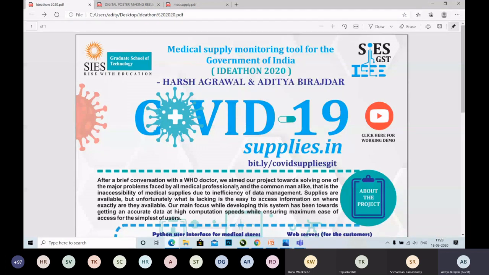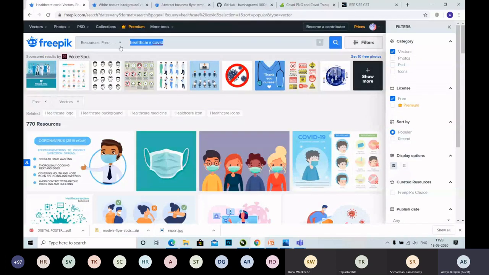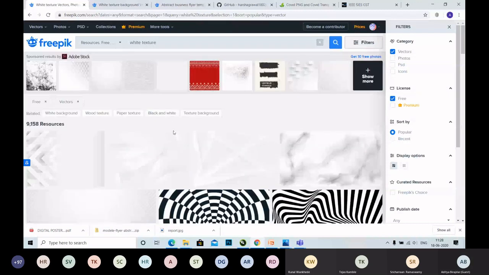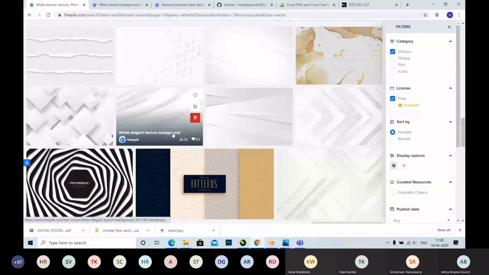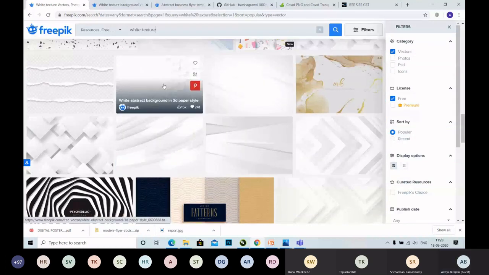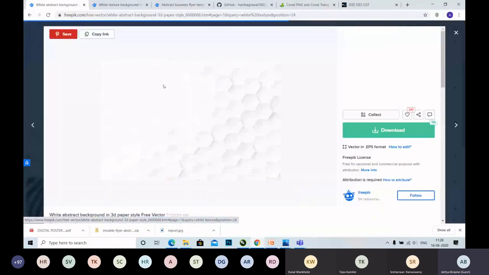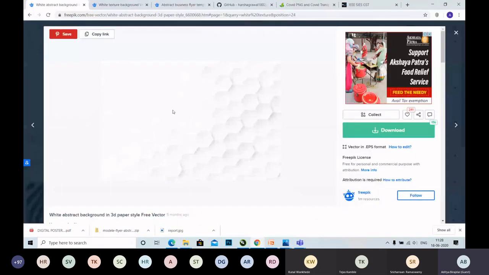Now, I thought to keep it white, but with a little bit of texture in the background. So, I will be searching here for white texture. Again, to save some time, I have downloaded this file and extracted it on my laptop.